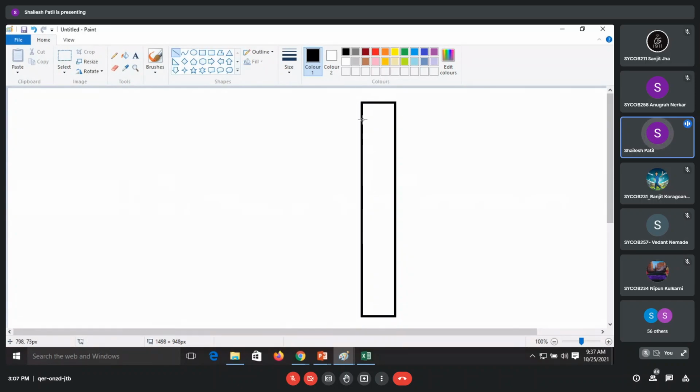Now this is my array. I'll make some partitions. We'll just make it like this.